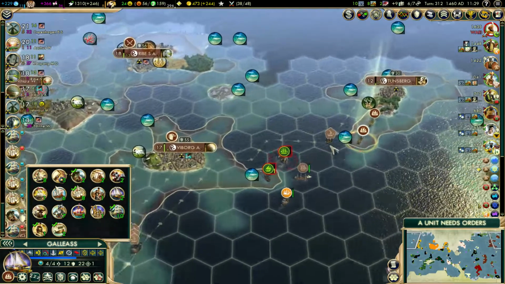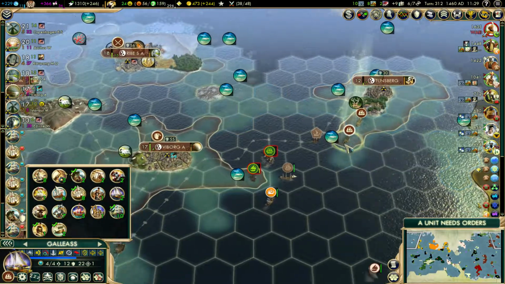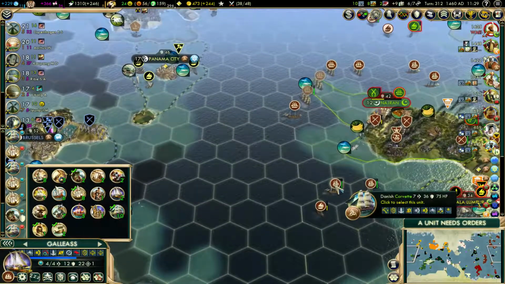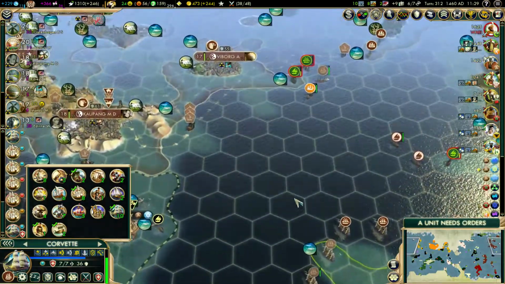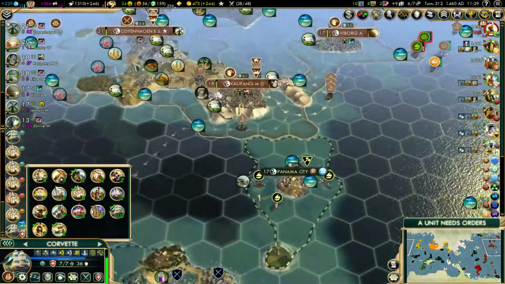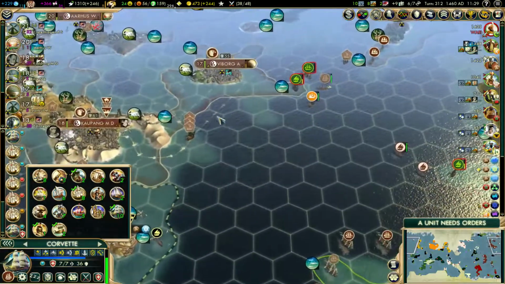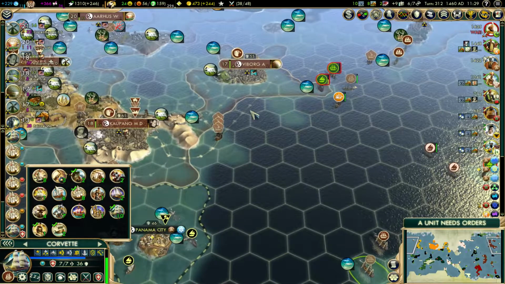Those cargo ships are very much so in danger. Maybe bring this corvette up or something like that. Yeah, I'm not sure. They can't get through that strait. If only that was a canal. No, okay, I think these guys are just in danger. That would be an absolute disaster if he managed to get...